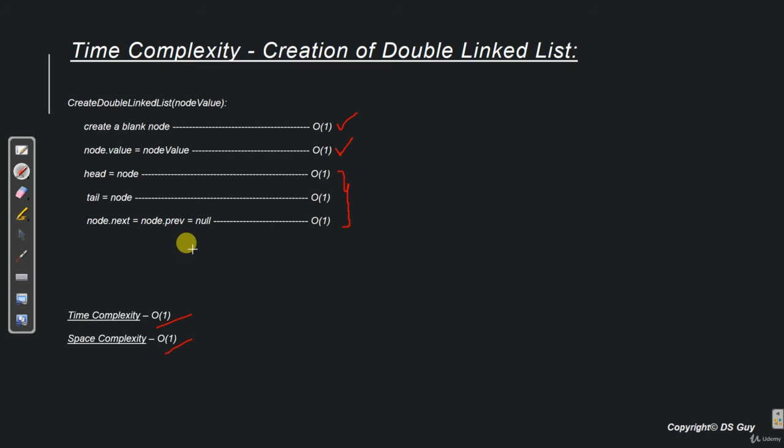Now one important thing to note here is that if we compare double linked list with a single linked list, the entire algorithm remains exactly same. The only difference that we see here is node.previous, because now we have a previous element also in every node, which was missing in case of single linked list. So with that, we come to end of this video.